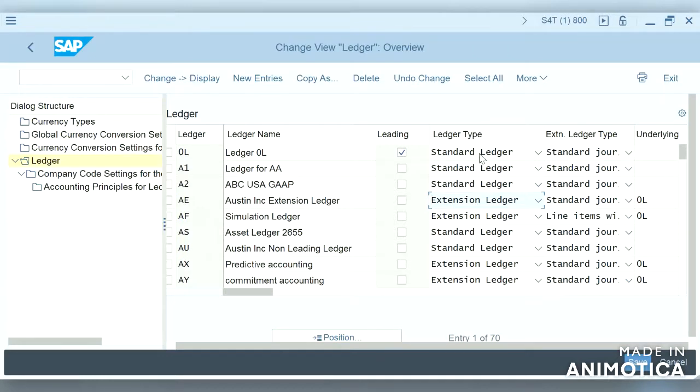Postings made to standard ledger will only be reflected in standard ledger, but they will form part of the reports of the extension ledger linked to the standard ledger.